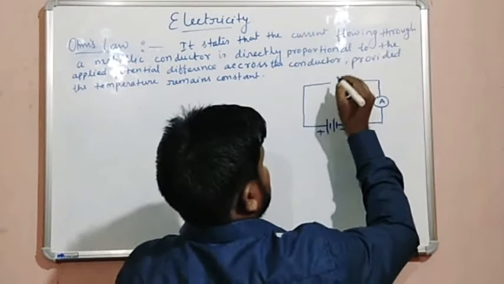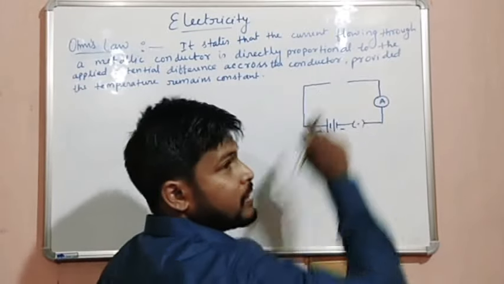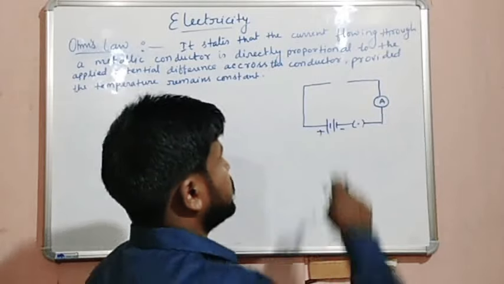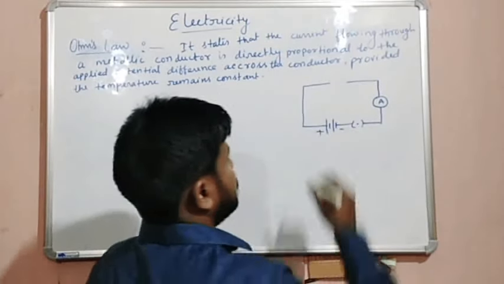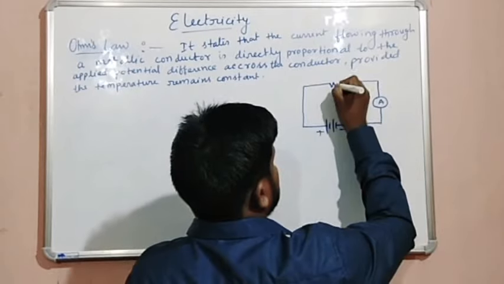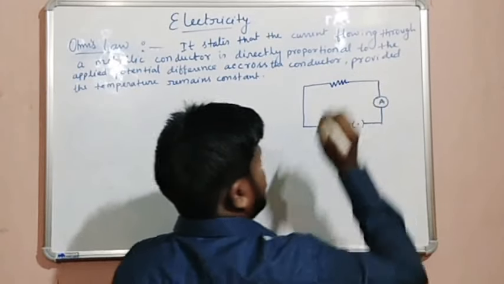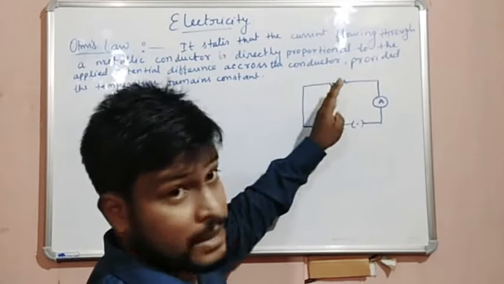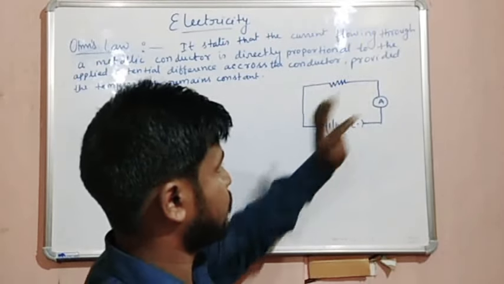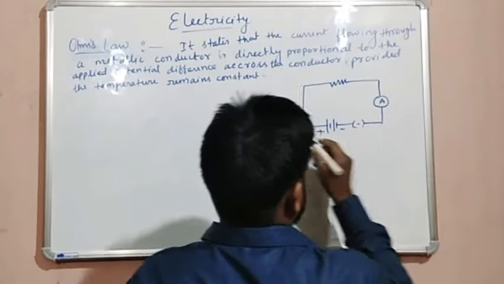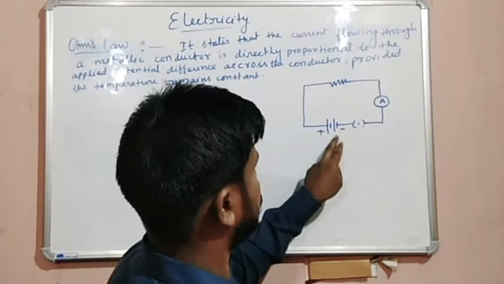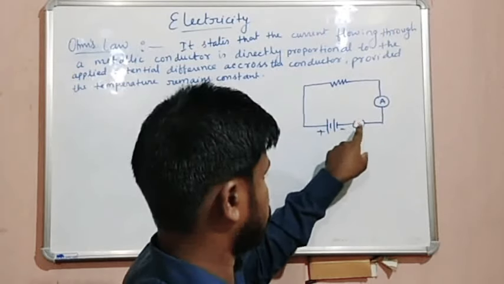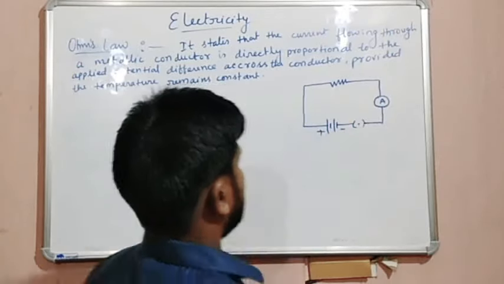Here you can use any electrical device like a small electric bulb. Let us say I am using a device, suppose this is a metallic conductor. I will tell you what it is exactly. So this is a metallic conductor, suppose. How much current will flow through this? Because this battery is connected, the switch, the key, is closed, then what will happen?